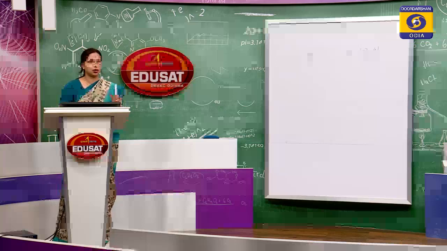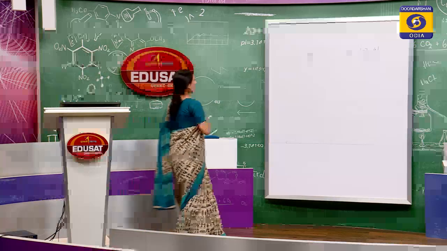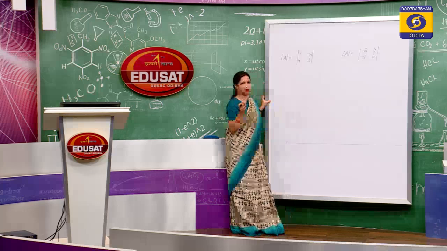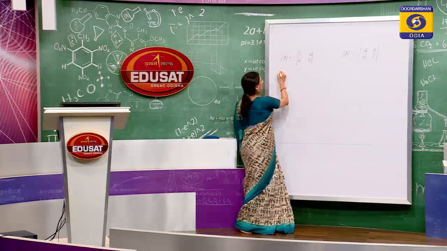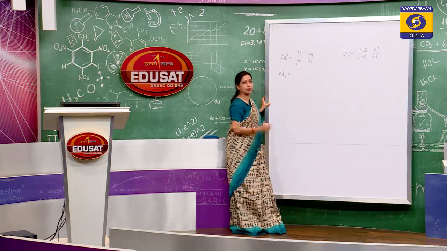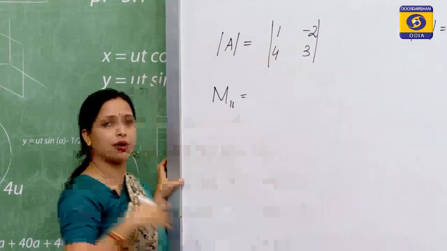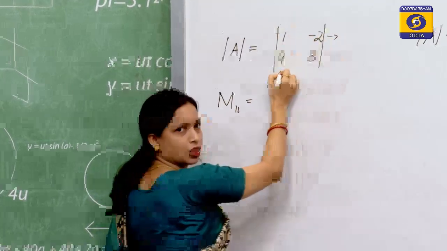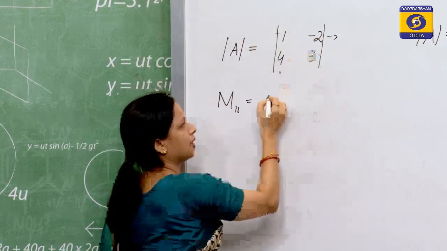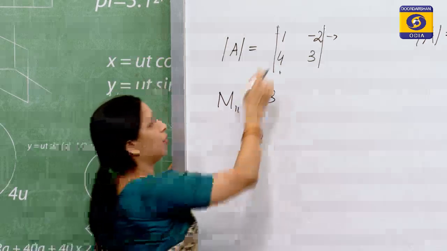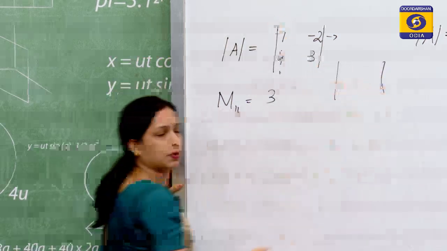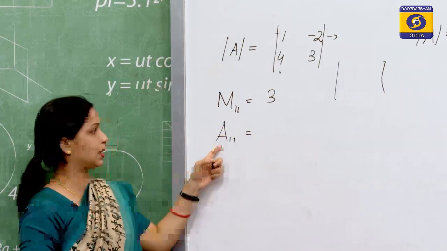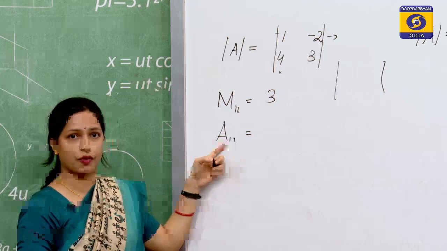Now, let us take a look with the help of an example, right. So, if this is the second order determinant, let us find out the minors first, so that you can understand it better. So, M11 means what? M11 means minor of A11. So, what is the minor of A11? We delete the row and the column in which A11 exists, and the remaining is the minor, right. Now, we have to use the signs, because if we have to find out the cofactor of A11, that is represented as capital A11. This is the cofactor, right.